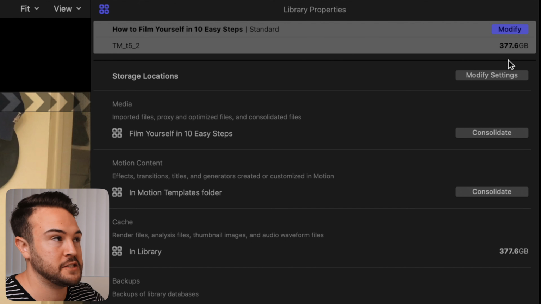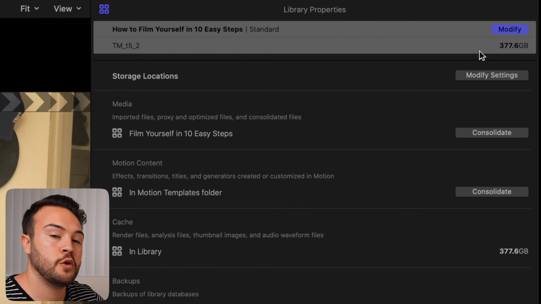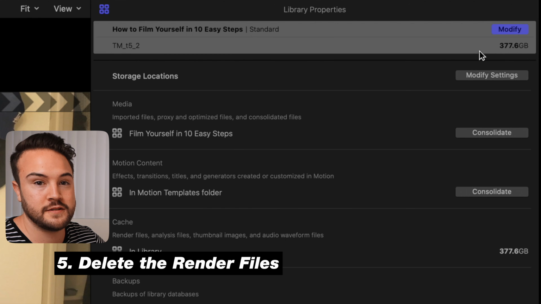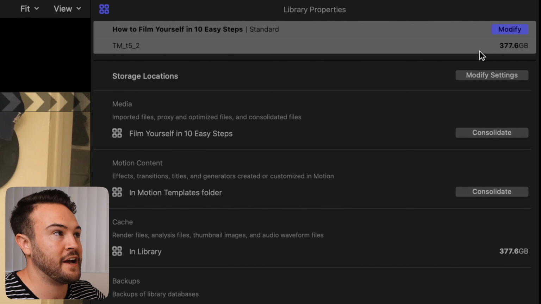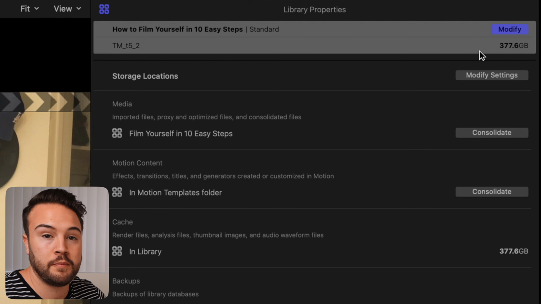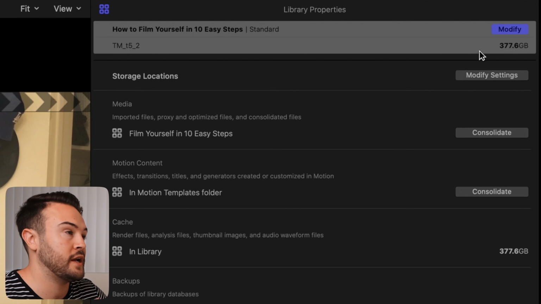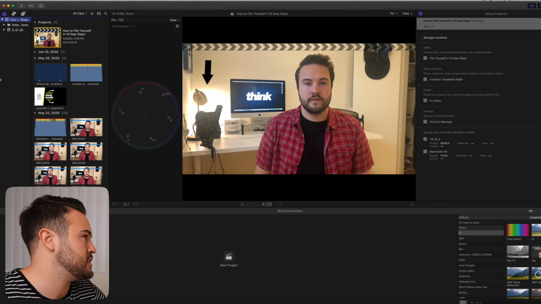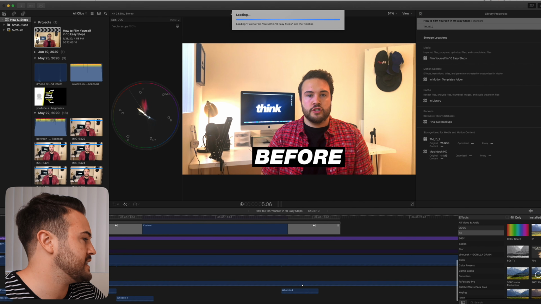That's gonna save us a lot of space, save us a lot of money. And so that is step number 5, which is delete the render files. Now, after doing a little bit of research, I found that this number is so big because it's storing all of the render files. And basically what this means is when you're editing a video, and let's say right here